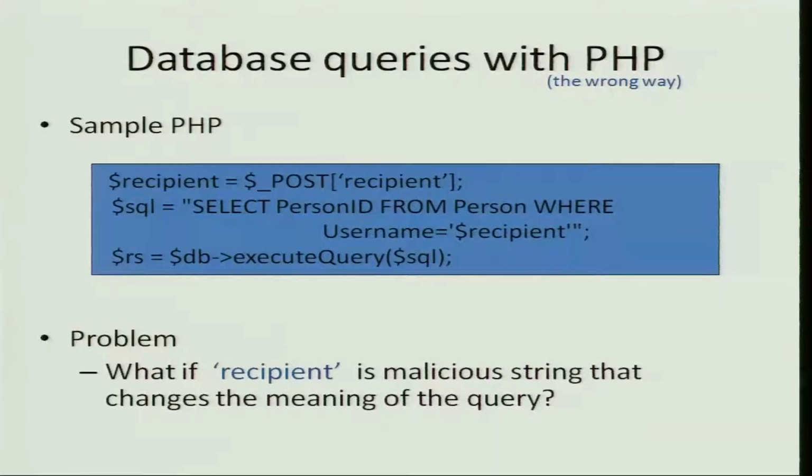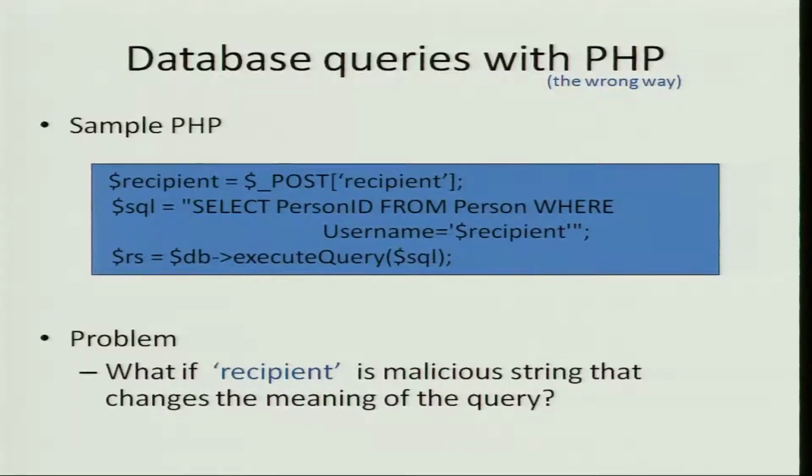So what this select person ID from person where username equals recipient means is that there is a table called person, in which the rows in that table are for different person IDs, and person ID in those rows is one of the columns, and then what you are asking the database to give you is